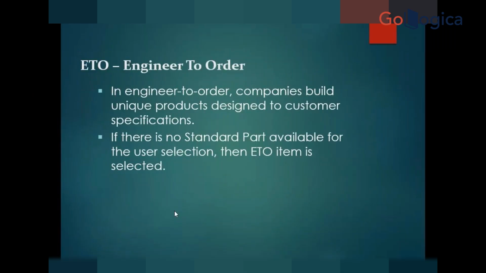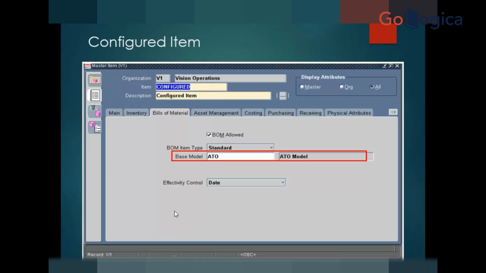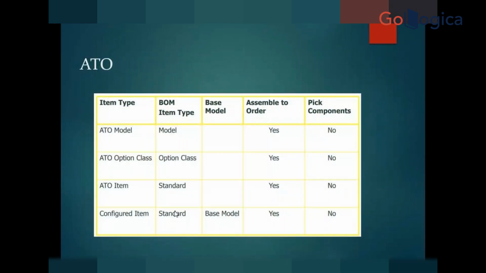If you go back to the other slide, just a little bit. Is the one you just showed me the item types? No, not this one. Yeah, stay there, this is the one. Okay, this is the BOM item types. We've got a model, option class, a standard, and the